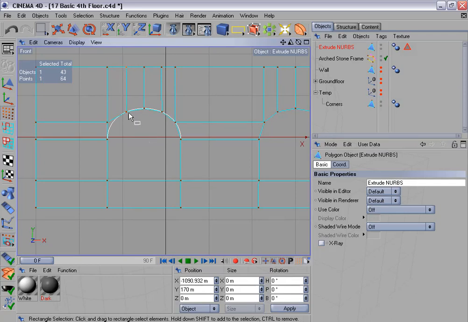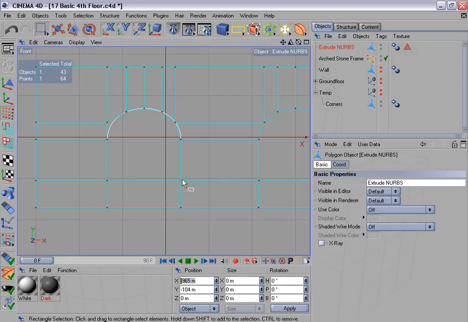So hit Alt D to bring the axis back, and hit Alt D to switch it off. Now let's select this point up here, copy the X position, paste the X position. Okay, apply, and do the same thing here. Copy the X position and paste it here, and the same here. Copy the X position, paste it here,